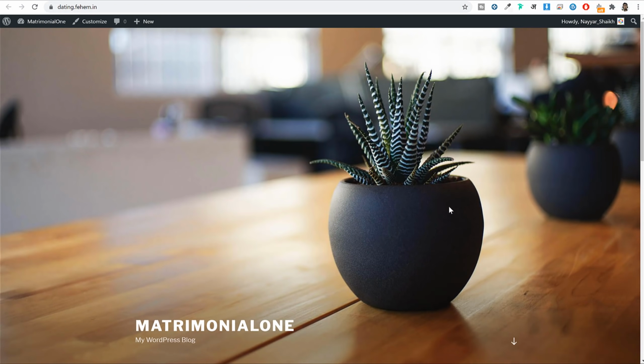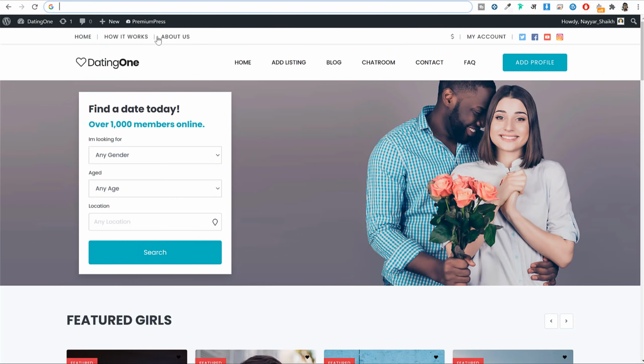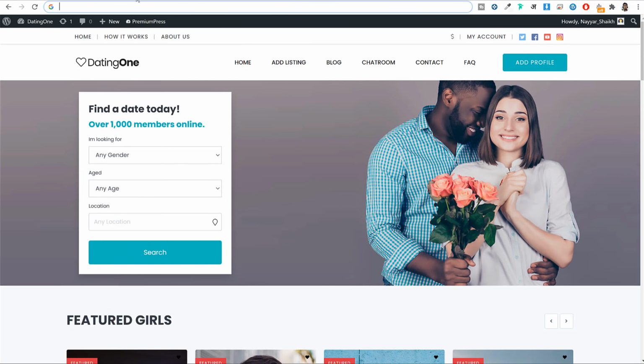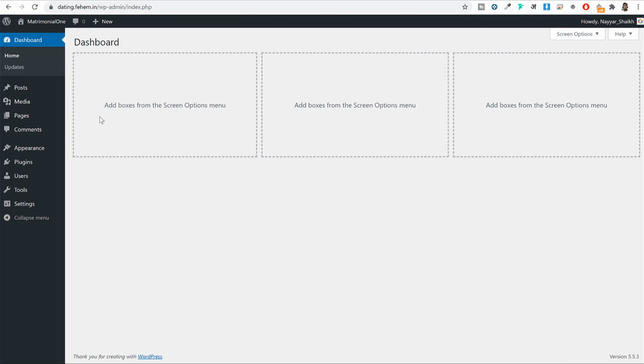And obviously we don't want our website like this. We want to create a beautiful website and a beautiful design like this one. So for that we need a new theme, and to get that theme, come back to your dashboard, click on